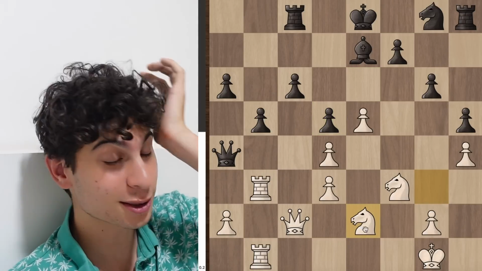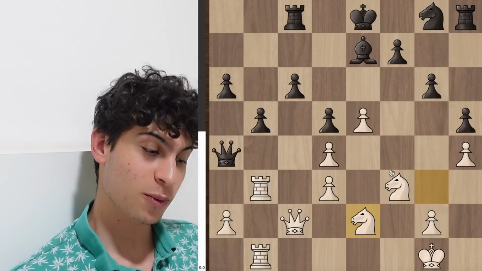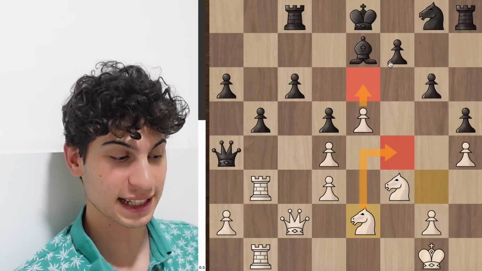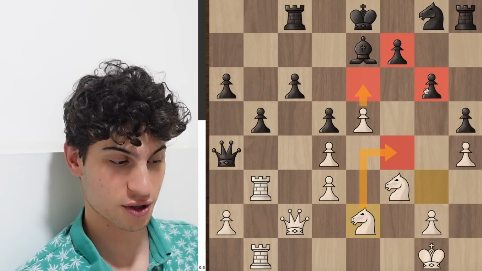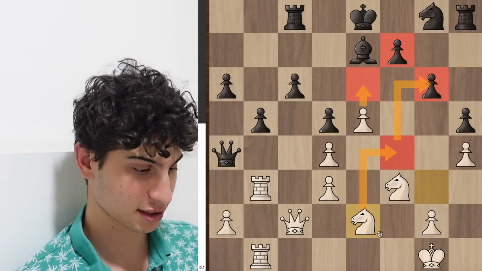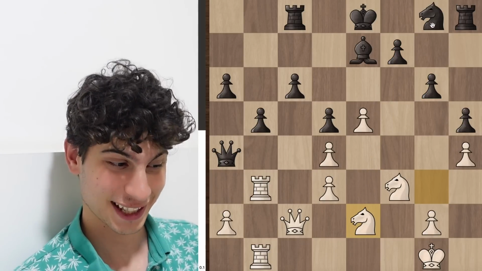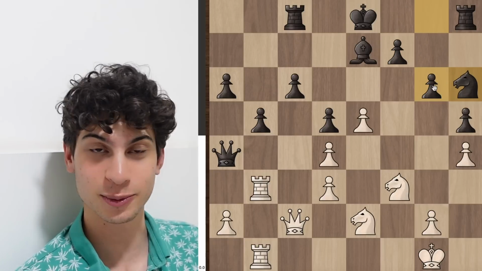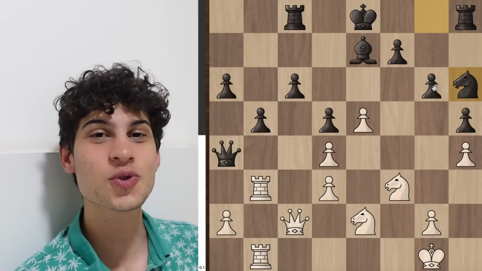Knight e2 has many goals, my friend, many goals. You want to reroute the knight to f4 to then force an e6 and then make this pawn structure crumble with this knight hitting g6. Or if Black just defends the f7 pawn or whatnot, anything on this wing, White retrieves the pawn